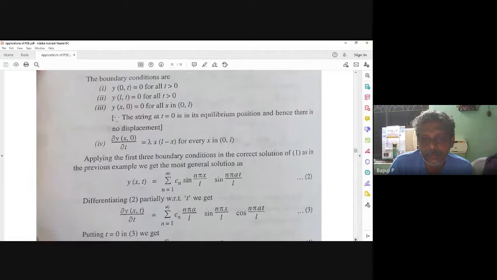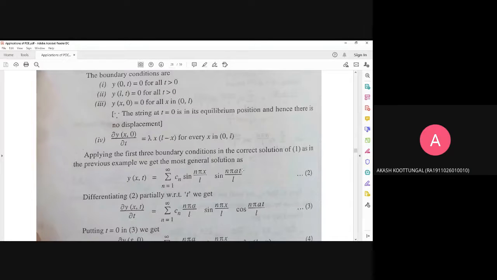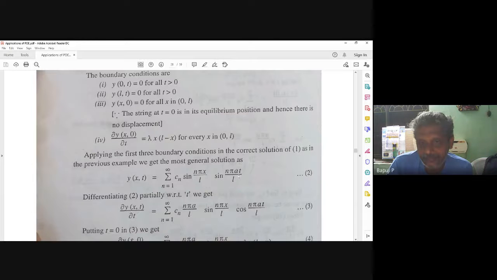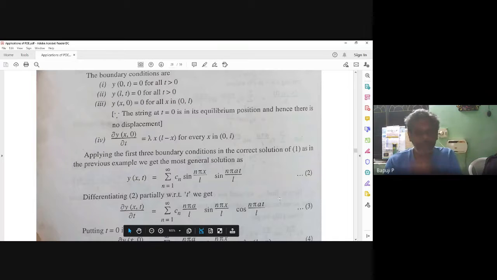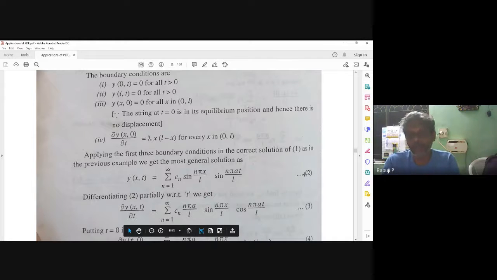See, up to here we reached or not? Okay, sir? Yes, sir. After the 3 conditions we reached here or not? Now I am writing dou y by dou t after differentiating. For every problem you have to do this, because the textbook skips it, taking for granted what we already know. But in the examination you should not skip it. Roughly on the back side you can write C1 is 0, k is equal to n, p is equal to n pi by L, C3 is equal to 0. At this stage you can write, no problem. But in the examination, if you want to get the marks, you have to write it.